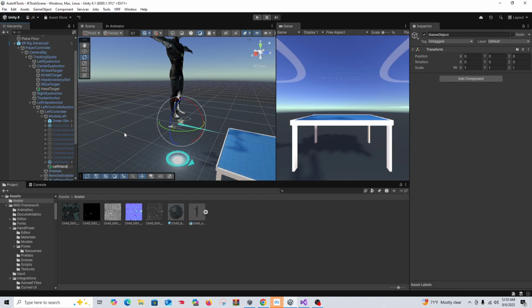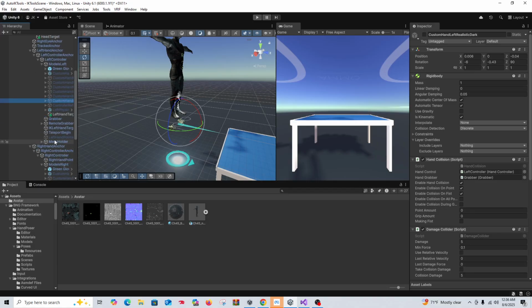Now the reason I do this and I make a child of models left is because of the way the parenting of the grabbables works with the hands. This gives me one-to-one movement for two-handed objects. So if I parent the target to the gun, then my hand will move one-to-one with it. So if the gun hits a table or something like that, the hand will stay with it. It won't move with my controller. It'll be kind of physics. Anyway,